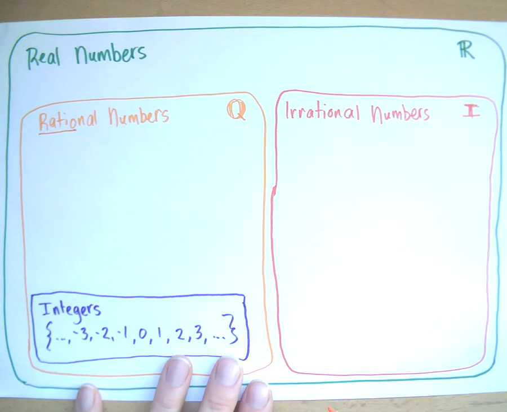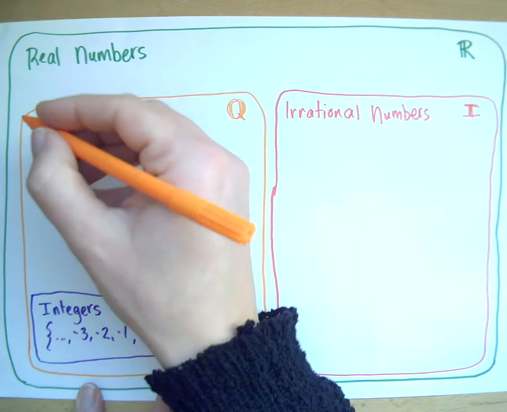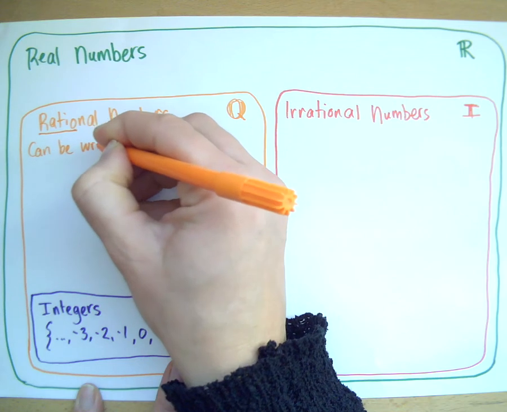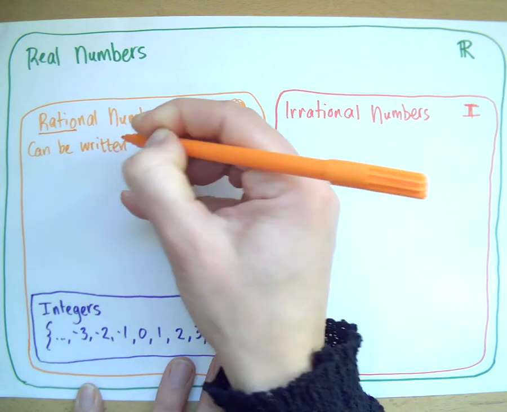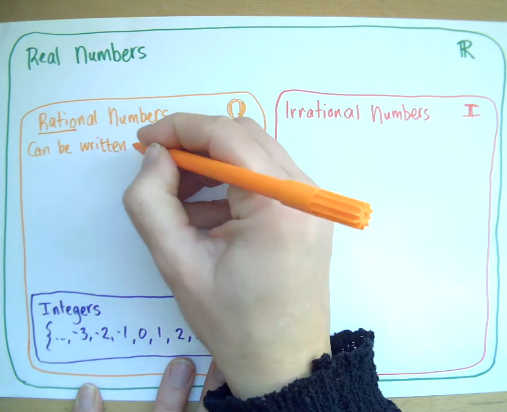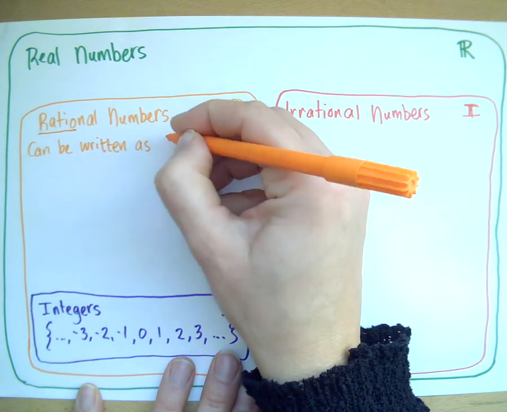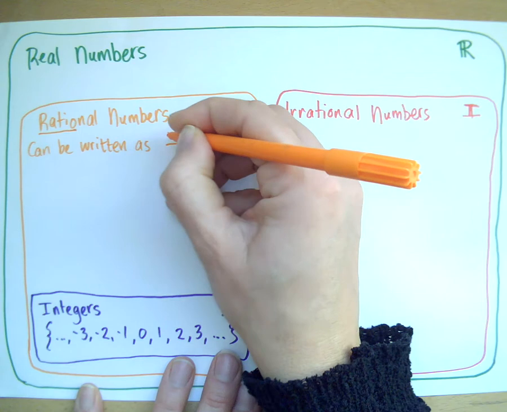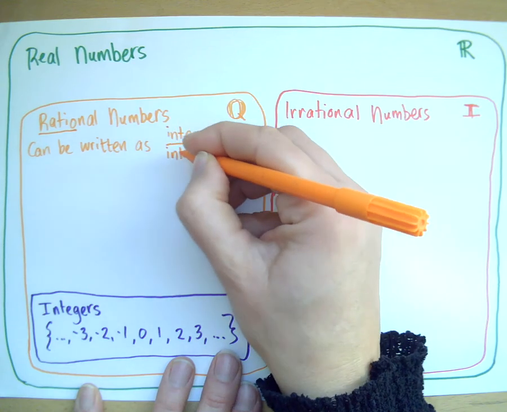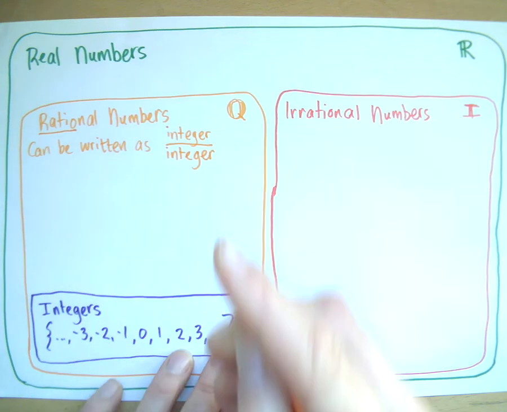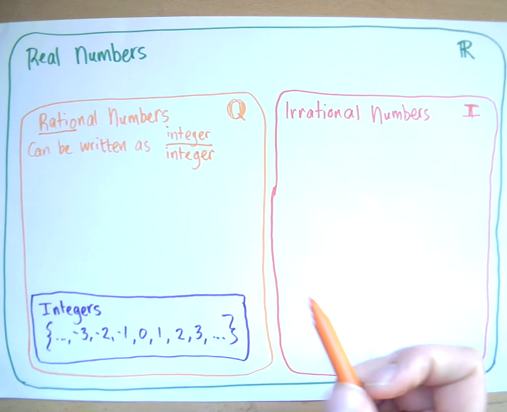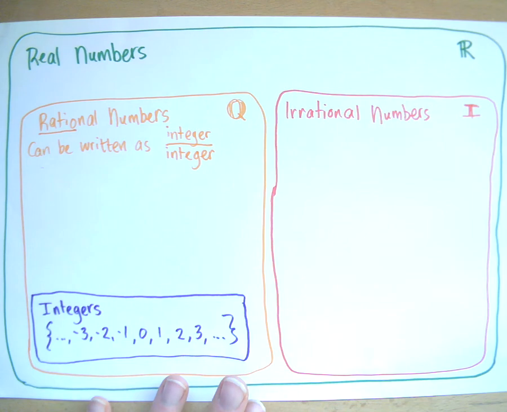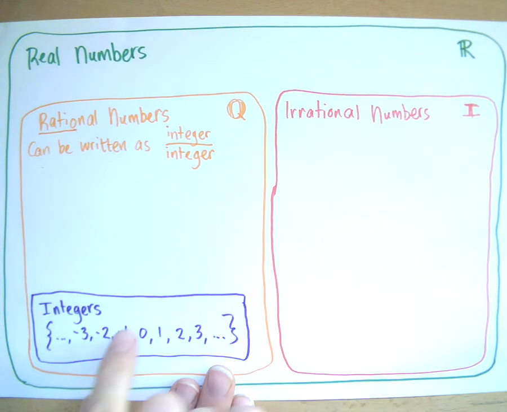A rational number is any number that can be written as a fraction of an integer divided by an integer. Right? Anything that can be written as an integer over an integer, which right away